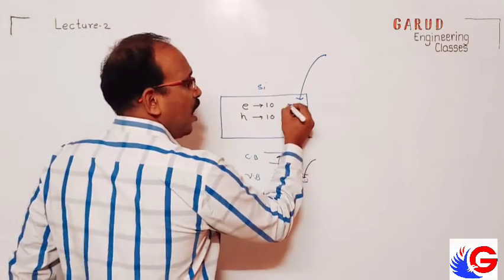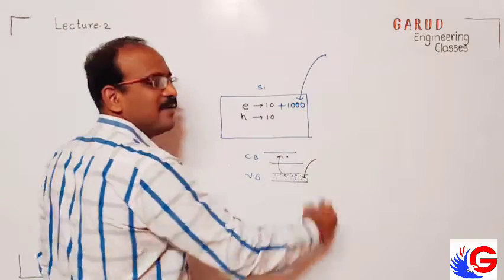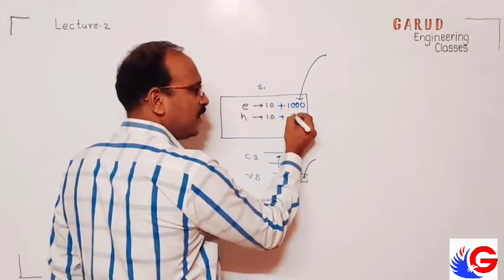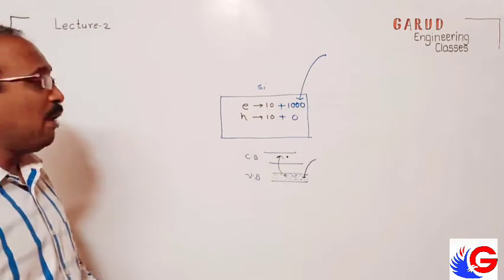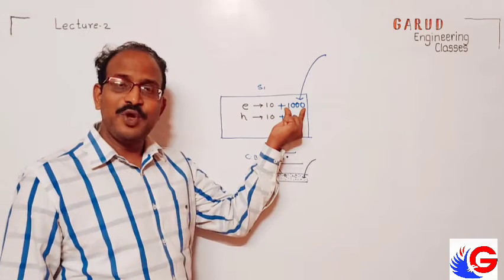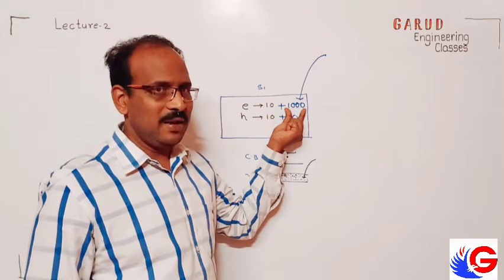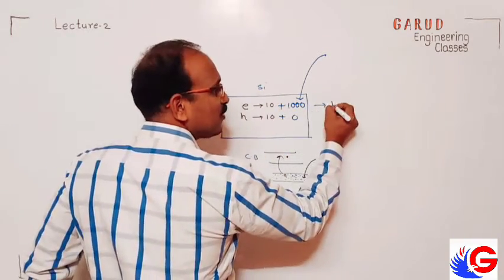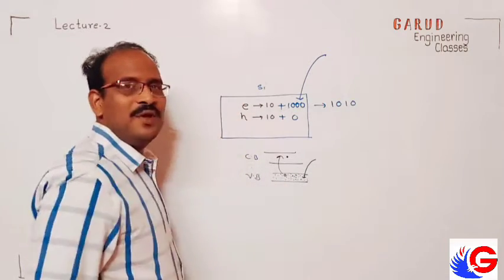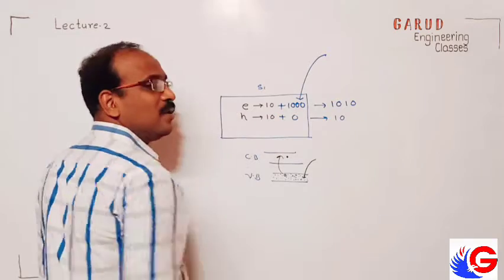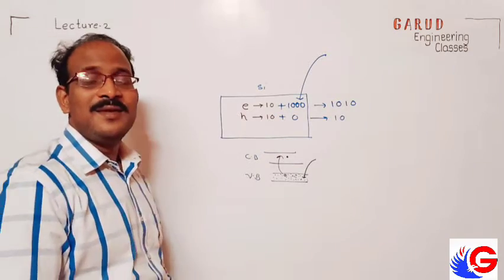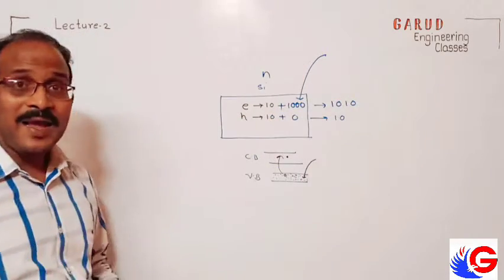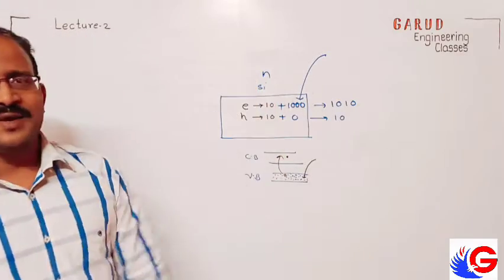Suppose around 1000 electrons are added. N type. How many holes added? Nothing. We can have completely N type impurity. This is pentavalent impurity. I can add phosphorus and so on. Correct? So if I add a pentavalent impurity, what will be the total electrons? 1010 electrons. What are the total holes? 10. Who are the majority carriers? Majority electrons. What type of material is it? It is N type material. Why? Because of majority negative charge.